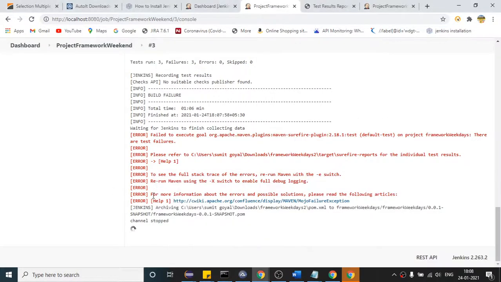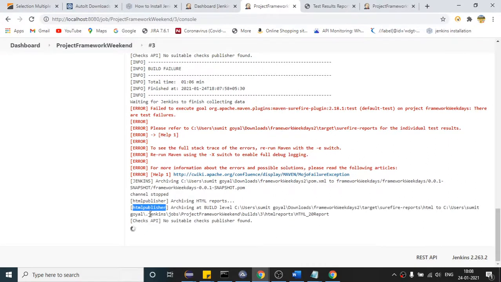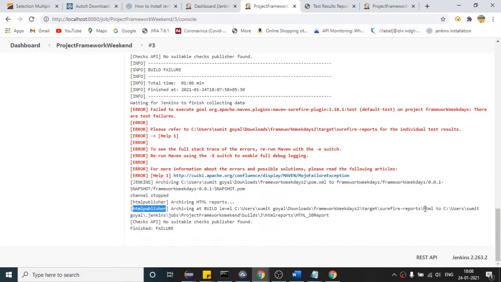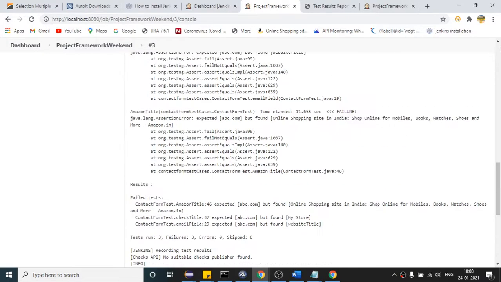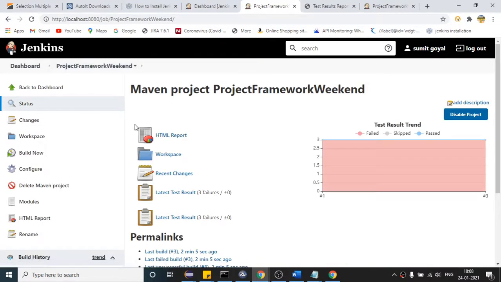You can see channel stop, and this time it is archiving. After that it will actually get the HTML report file into Jenkins itself. You can see the HTML publisher plugin coming to the HTML folder, getting the HTML report and placing it here. If it has succeeded, and you come to the project framework, this is our HTML report. Earlier it was not coming because we were not using that. If I click this,